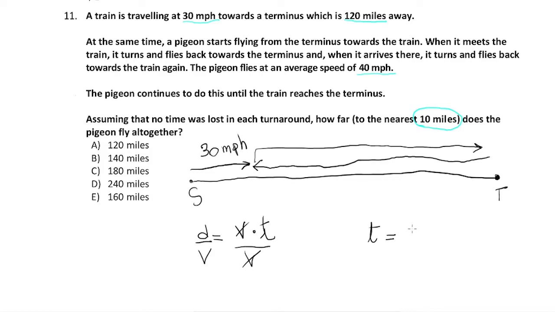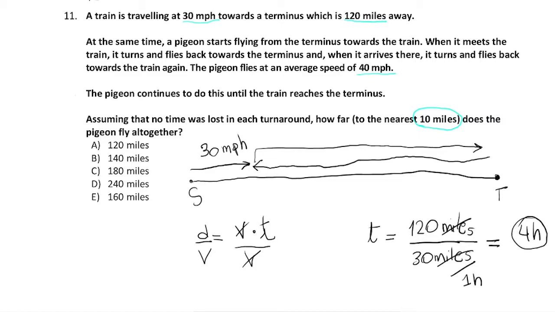So the distance is actually 120 miles. The speed is 30 miles per 1 hour. Every hour the train travels 30 miles. So we can see that the unit miles cancel, and we are left with 4 hours. So the train takes 4 hours to